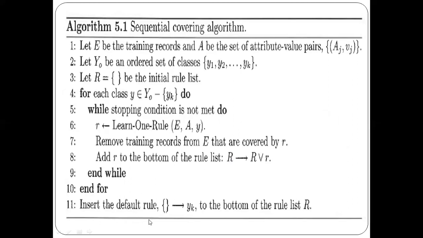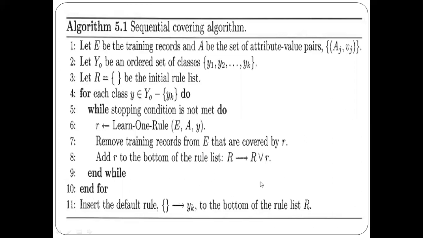later we'll add one more rule to the end of the rule set, that is the default rule. As I said, suppose none of the rules covers a record, then we must have a default rule, because if we do not have a default rule, we will not be able to decide which class level should be assigned to that record. In order to avoid that, we'll have a default rule. The default rule will not have any precondition, it will be empty, and then we'll have a default class level, that is YK.